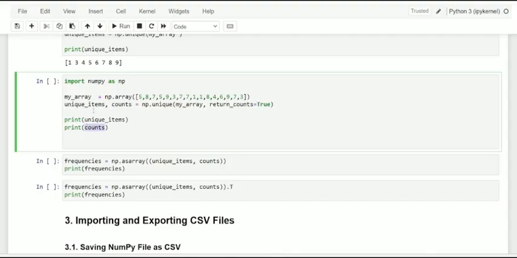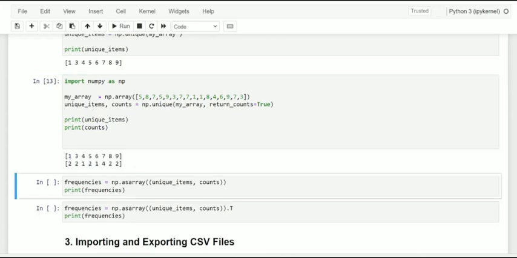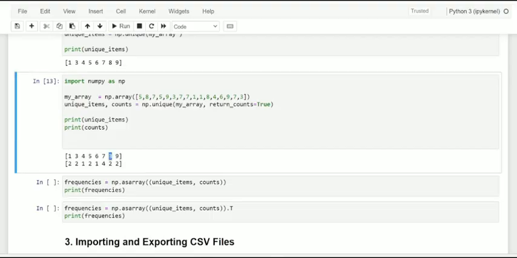So I just execute it and see here, dear friends. These are the unique items: 1, 3, 4, 5, 6, 7, 8 and 9. And below is the exact list which specifies the number of times of each unique item. Kindly observe, for 8 we get twice it appearing.